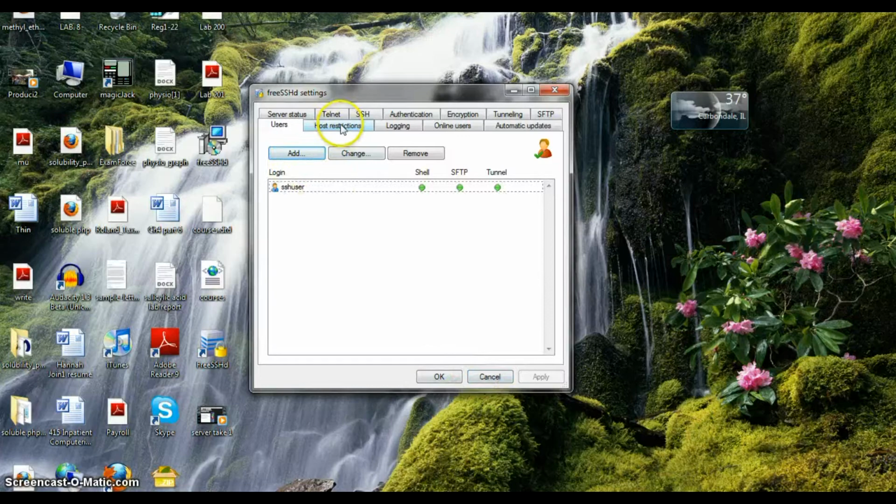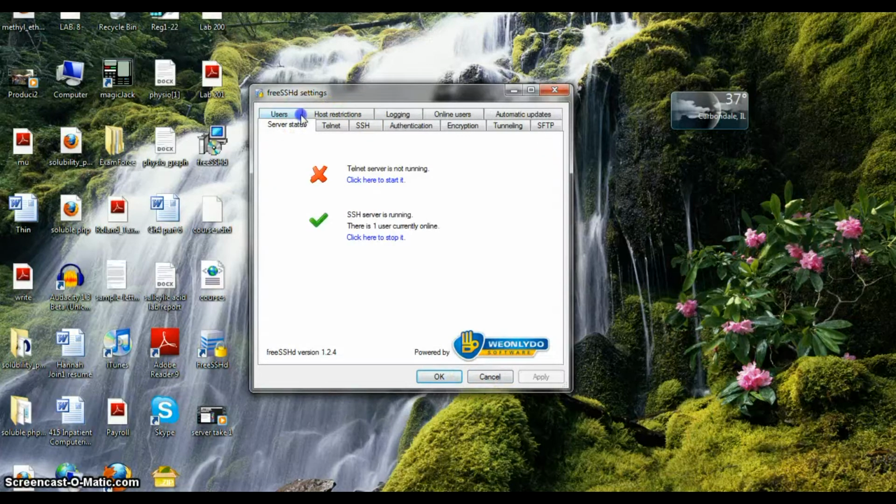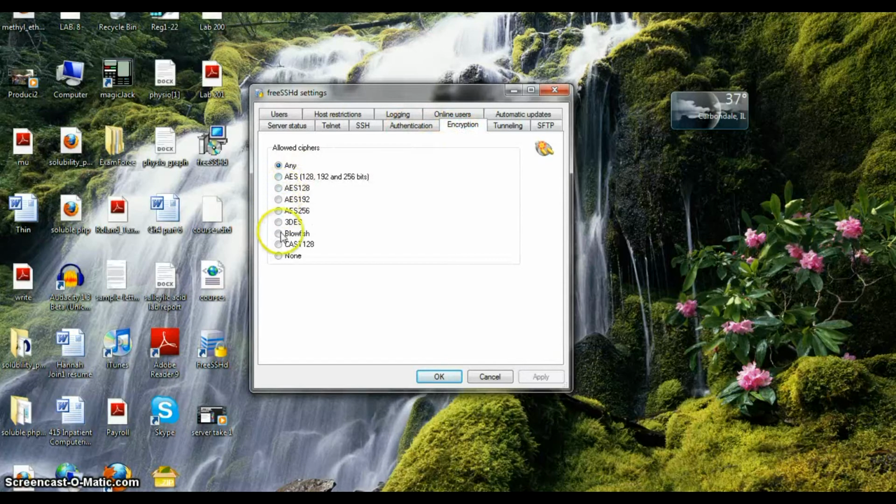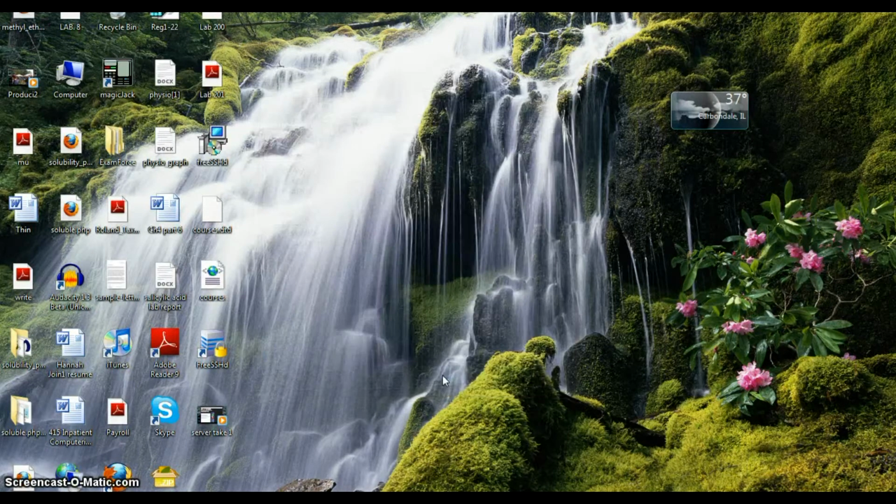Then we chose to go to Server Status. When we started our server, as you can see, it's already running. Then we went to Encryption, and you can choose whichever encryption you want to use. We chose any. There is AES 128, 192, or 256 bits, 3DES, Blowfish, Cast 128. You can choose whichever one you want to use. Click OK,